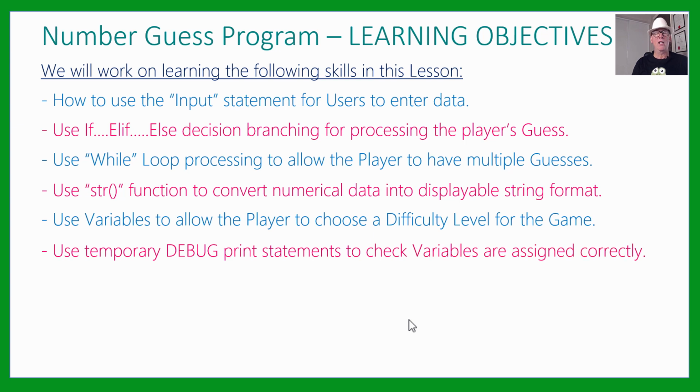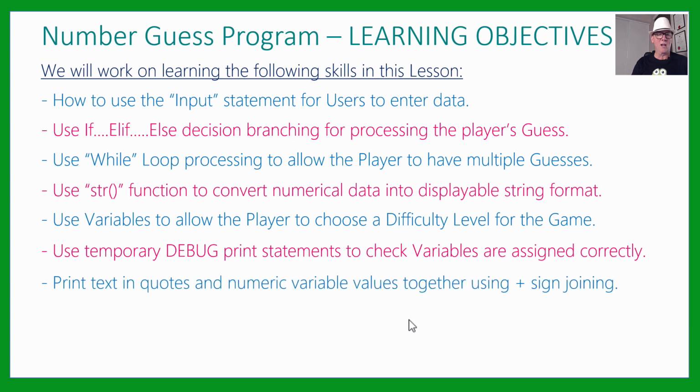We're going to have these temporary debug statements. As we build in Agile, we need to check things are working out. So we can put in temporary prints, like print out what this value is and show me on the screen, just so I can check that things look like they're going okay. So we'll get into these debug statements that we use,